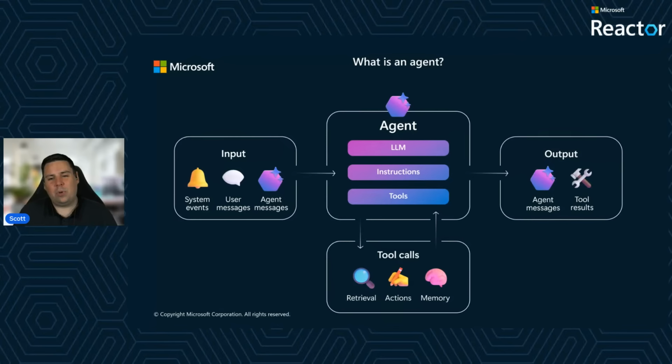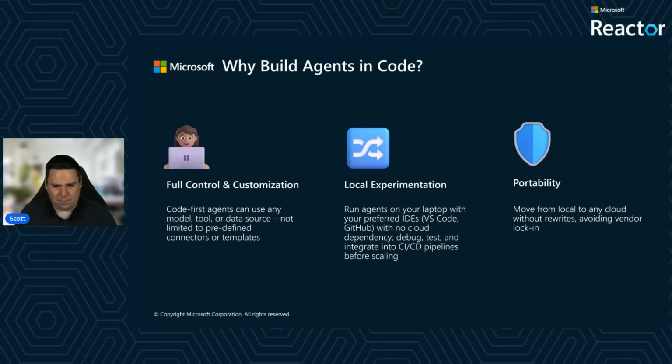But I always find it's important to consider why we would actually want to write it as code in the first place. This is a really interesting conversation because I believe that there are a lot of agents, a lot of copilots, that are better off the shelf. It doesn't necessarily make sense to write a complete custom agent from scratch in code if it's for a very generic approach or pattern, or something that is available off the shelf in something like GitHub Copilot or Copilot for Microsoft 365. But when it comes to control and customization, this is where building agents as code really comes forward.